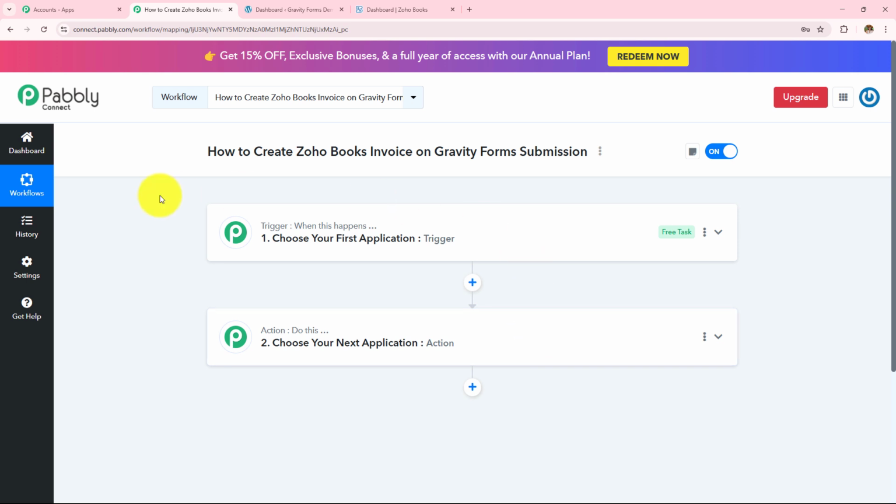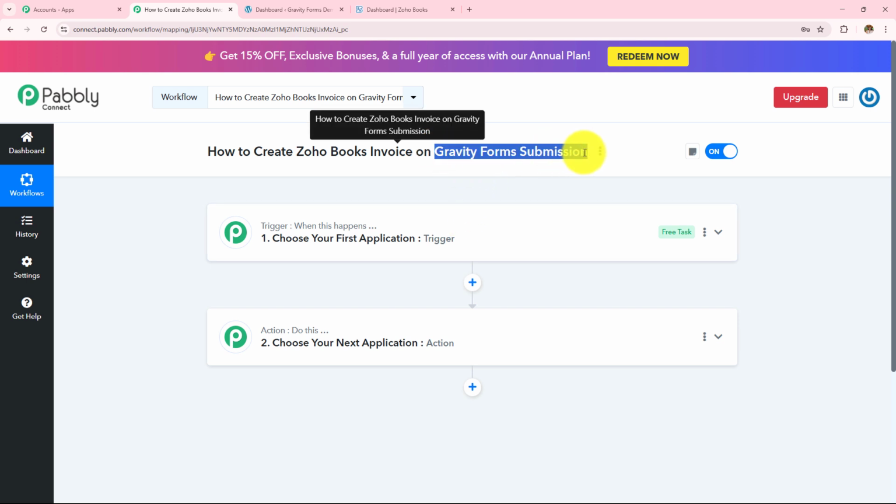Here in this workflow, I want to create a Zoho Books invoice on Gravity Forms submission, which means whenever there is a form submission in my Gravity Forms, an invoice will be automatically created in my Zoho Books account. Whenever there is a Gravity Forms submission, this complete workflow will get triggered, because a trigger says when this happens. So when a form submission in my Gravity Forms happens, and an action says do this, then create a Zoho Books